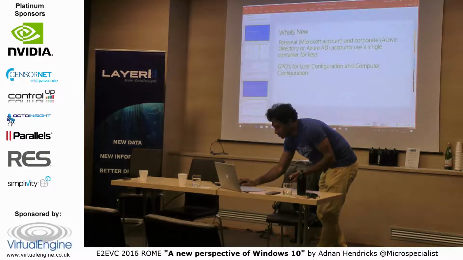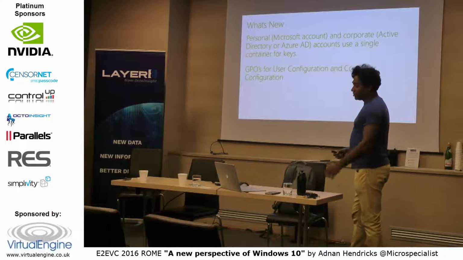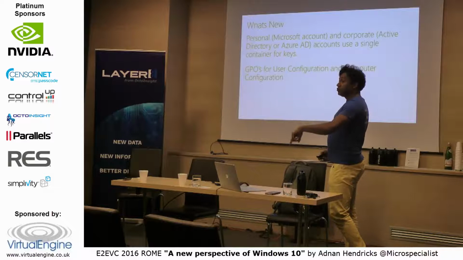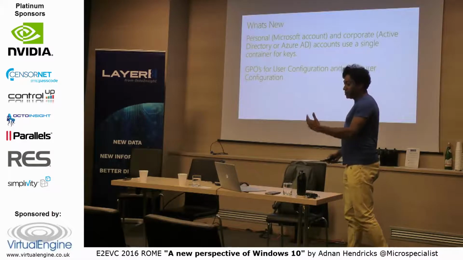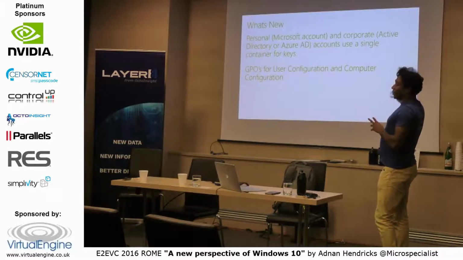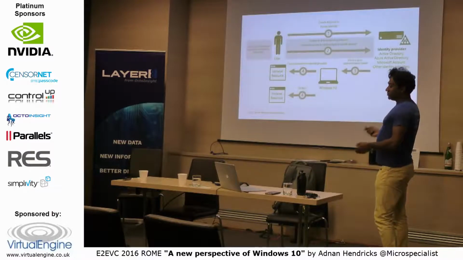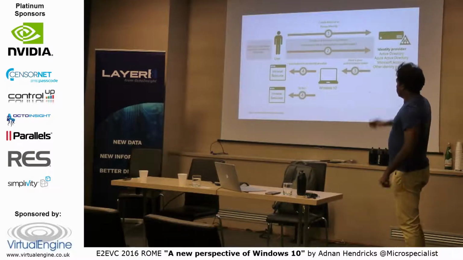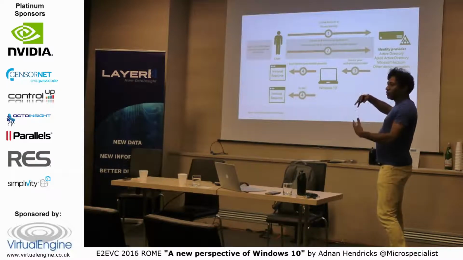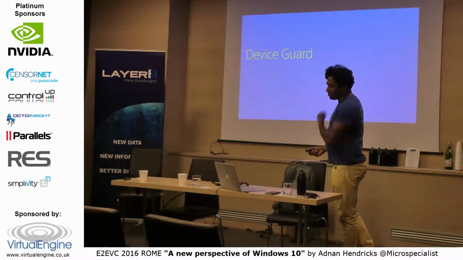So the nice thing is biometrics with Windows Hello for Windows 10 can also be used for Windows in your enterprise, for enterprise apps. So instead of just a Microsoft account, your Azure AD or Active Directory stuff also gets stored in your personal TPM. This is just a chart to show that it always goes back to the device. You just need a PIN or your biometrics, and it will give you access to your enterprise things.